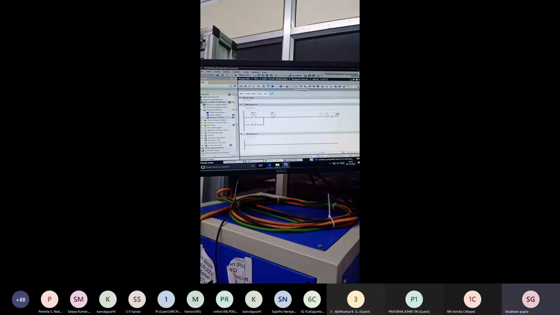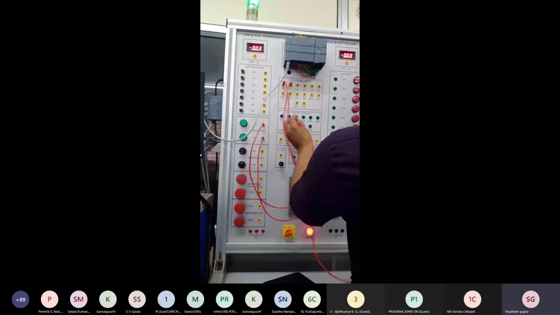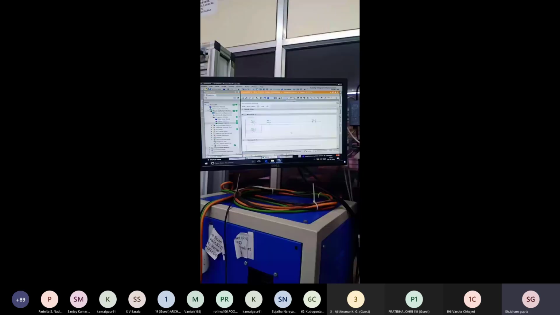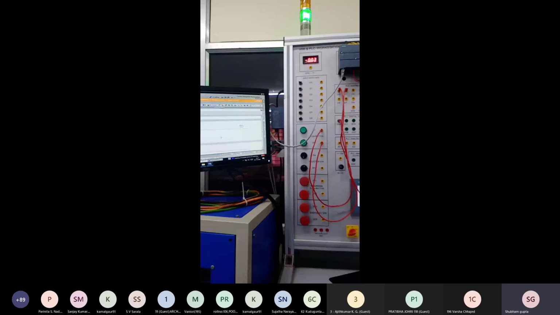Okay. As madam says, for latching we use feedback. We use Q0.0 as a latching circuit or a memory bit, memory element. Yes, connect. Just connect I0.0 with one push button and I0.1 for the second, and the output for the lamp, and download it. When we press switch S1, power gets on. When we leave it, the output is still on.